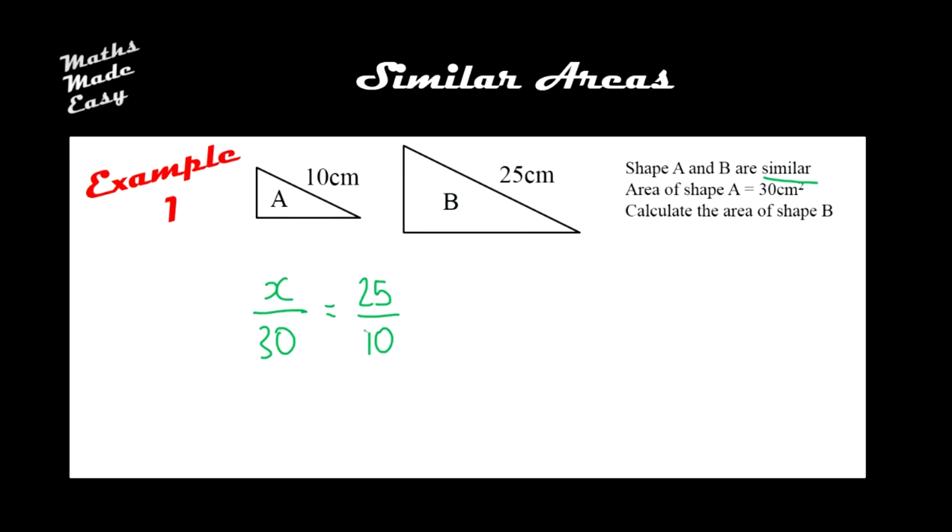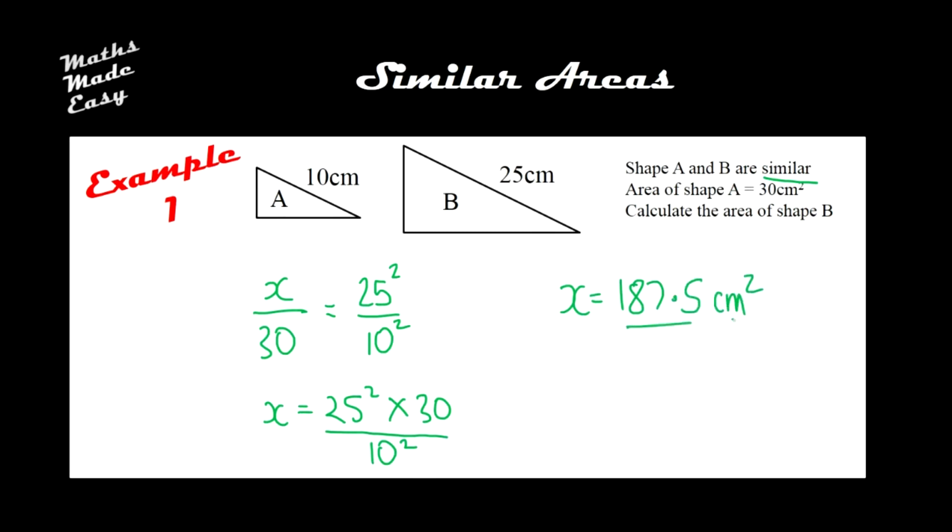Now these aren't equal. When we looked at the previous example here, we knew that the length scale factor must be squared to give us the area scale factor. So what I do is, on the length ones here, I just put a squared. Now this formula here must be true, so my area scale factor, x over 30, must equal the squared of the length scale factor, 25 divided by 10. What I can do now is very simply rearrange this to give me x equals 25 squared times 30 divided by 10 squared. And if I type this into my calculator, I would get 187.5